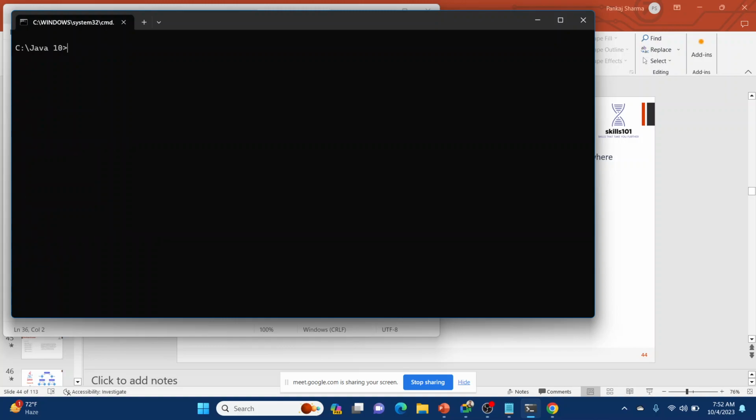Clear the screen. Then java DemoAverage2. So let's try, for now there are three conditions. If it is greater than 80, it will print grade A. If it is greater than 40, it will print pass. If it is less than 40, print fail. So first try for 80, 80, 90, 85, 75, 70.